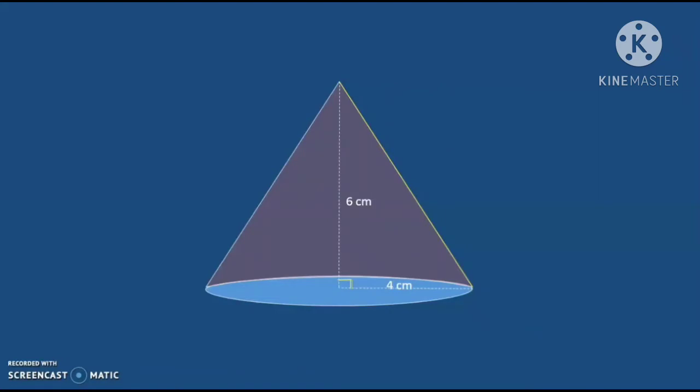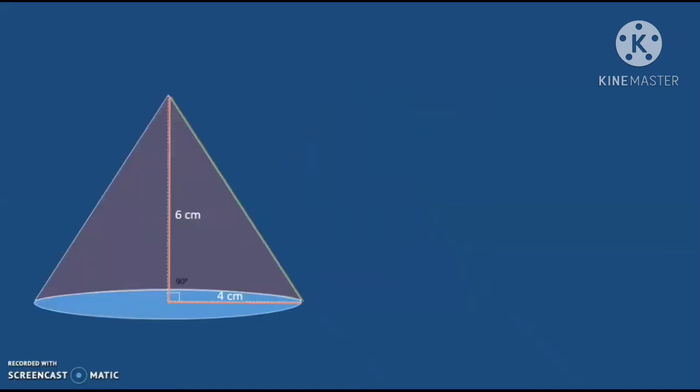Here is a 90 degree angle that makes these two the legs of a right triangle, of which the slant height is the hypotenuse. Now, do you remember the Pythagorean theorem? Well, then let's follow what we remember. a squared plus b squared equals c squared, where a and b are the legs and c is the hypotenuse. So, if we plug in our values, we have 4 centimeters squared plus